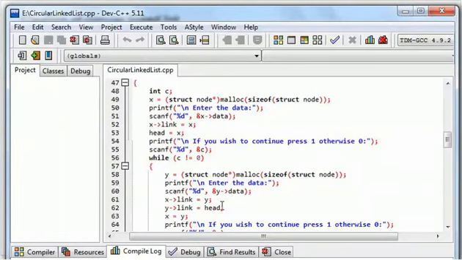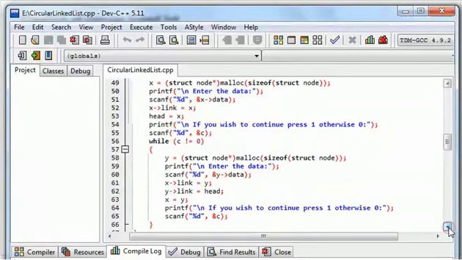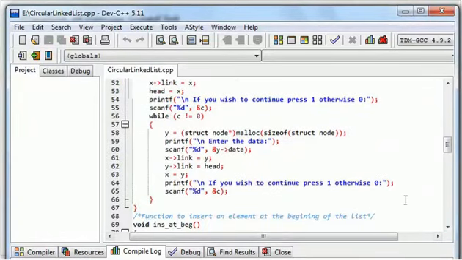And what is this point? It's represented by head. And this is how we are going to create a circular list. And now I am saying that x is equal to y. Now the second node has become x. So this is how I'll be running it within a loop, and this is how my different nodes will be created and attached in a circular manner. So this was the creation of the linked list. The loop will keep on running until and unless the user gives a valid value for C for exiting out of it.